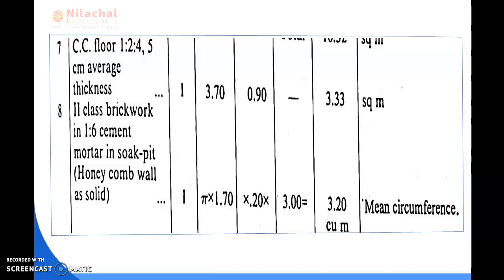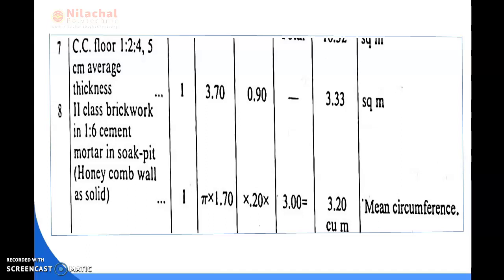The 5 centimeter average thickness is already given in the question, so no need to put the thickness. We know the flooring unit is square meter. So the total quantity of CC floor is equal to 1 into 3.70 into 0.90, which is equal to 3.33 square meter. Okay, then we discuss serial number 8, which is second class brickwork in 1:6 cement